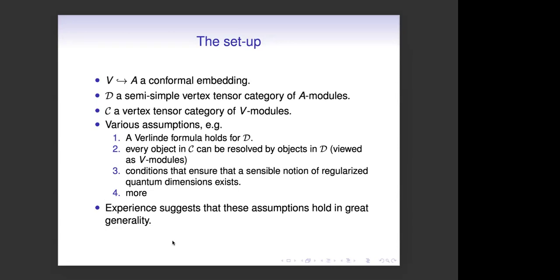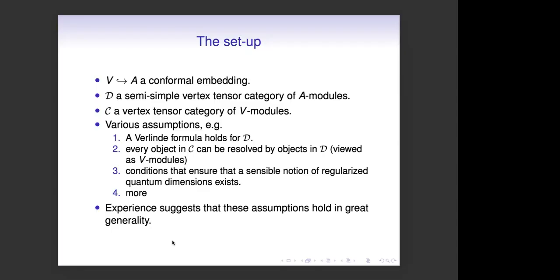And for V, you need to know that it has a tensor category structure. Then you need a bunch of assumptions. Basically, it is that your good VOA already has a Verlinde formula, that the VOA itself,